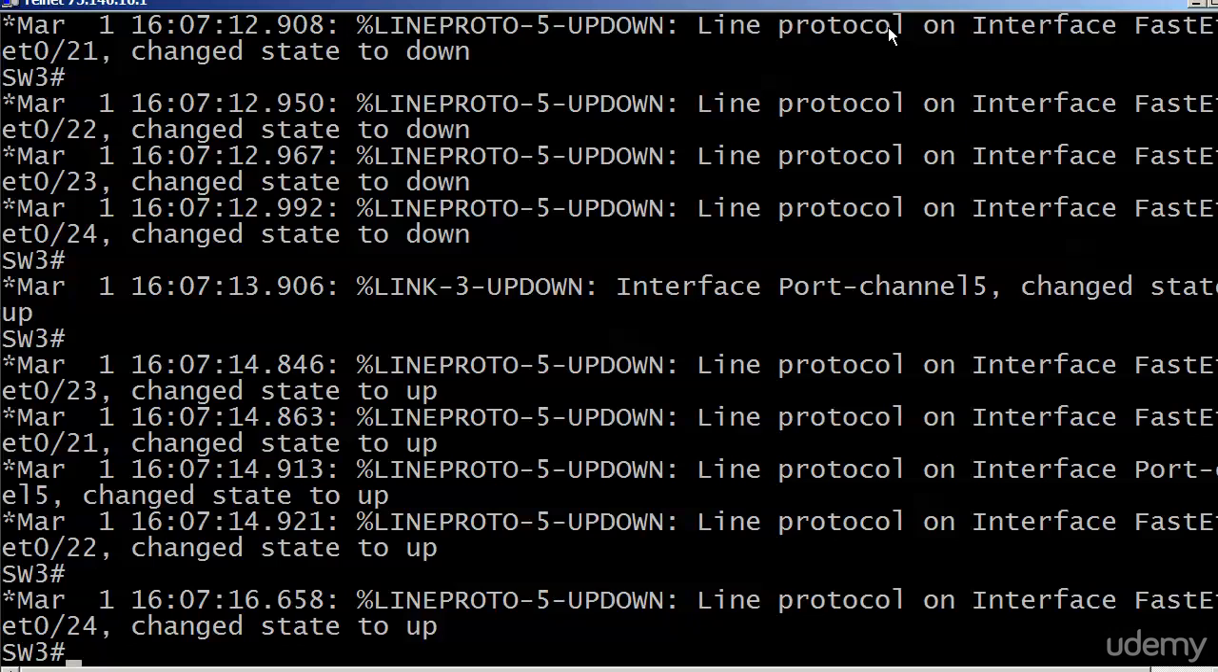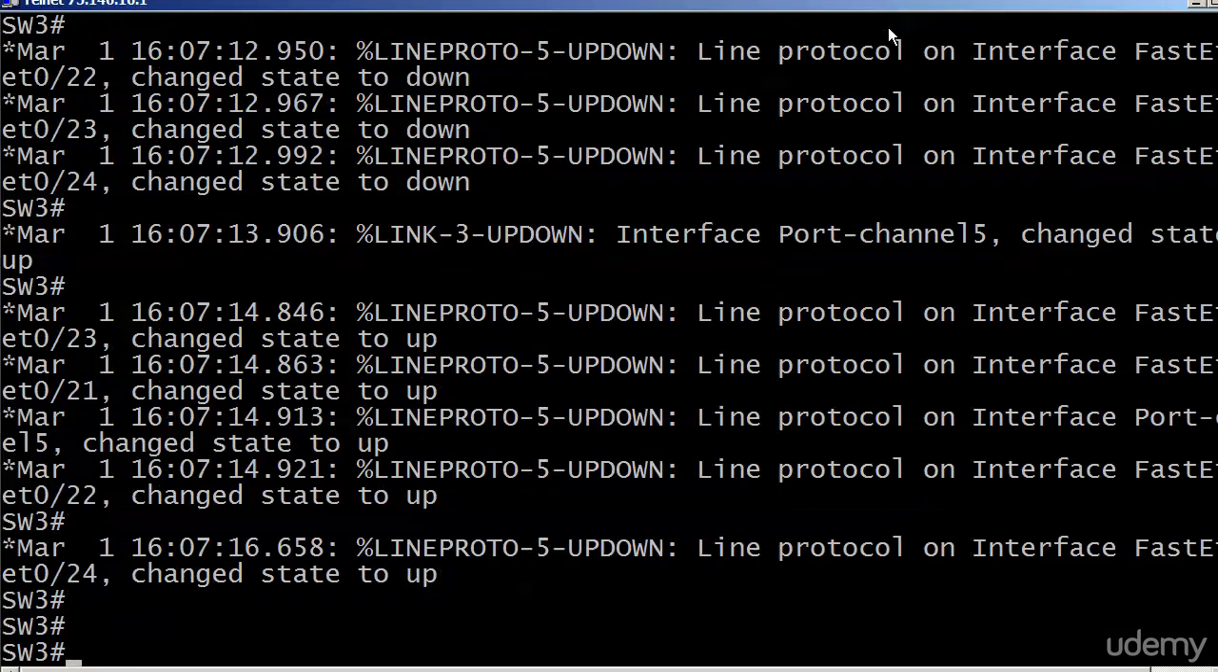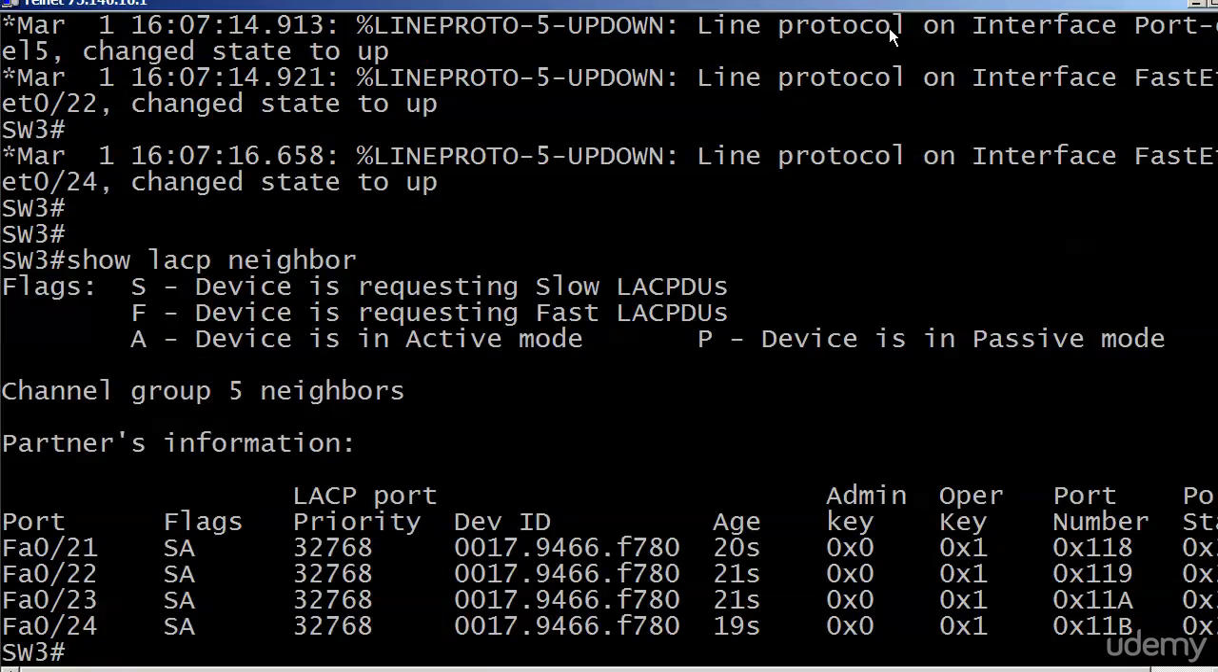I just want to make sure all the messages are done. You know, as soon as I start typing, one will come up. Now this is show LACP neighbor. You can see the information is different, as far as the things go, about admin key, operator key, port number,